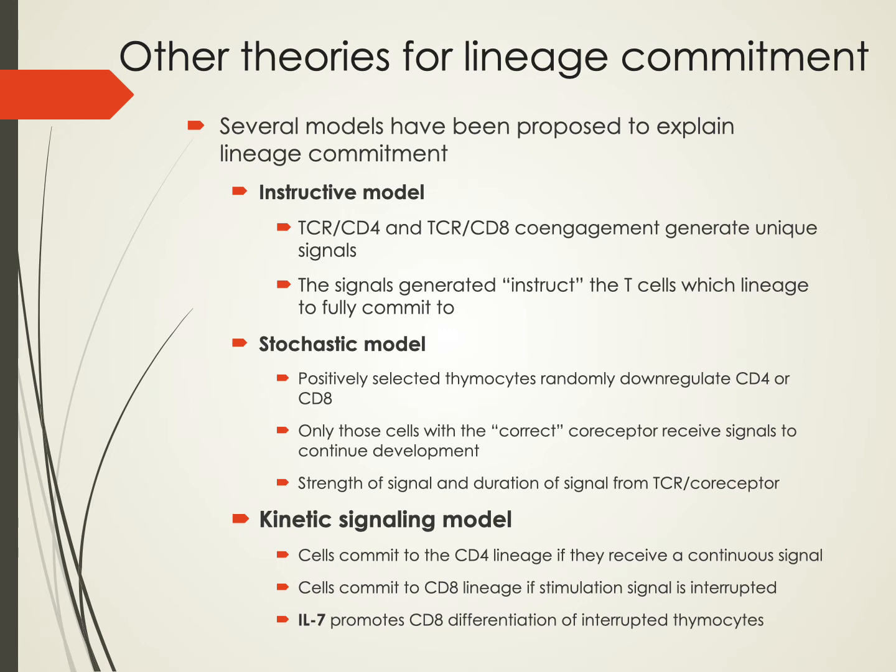So it's not because of interaction with an MHC class 1 versus 2. It's just random, like, okay, 50% of you are going to downregulate CD4 and 50% of you are going to downregulate CD8. So you're becoming the other one, right? And then those cells then gain their function, right? So again, it's this randomness. The other one is